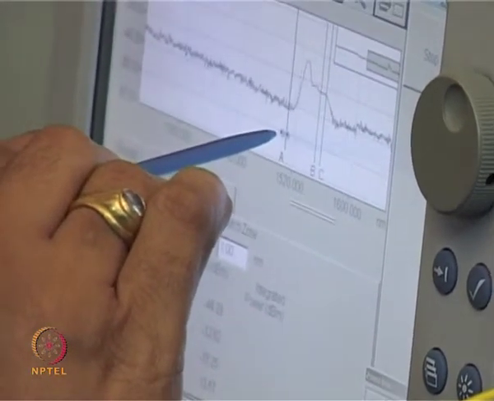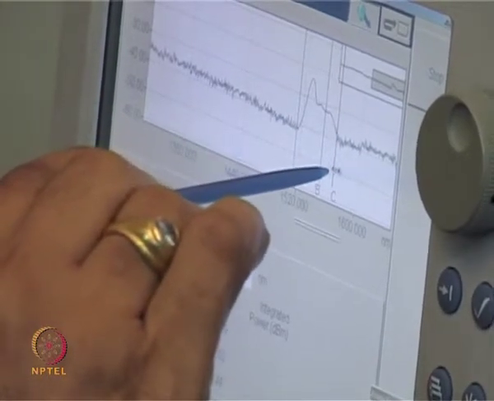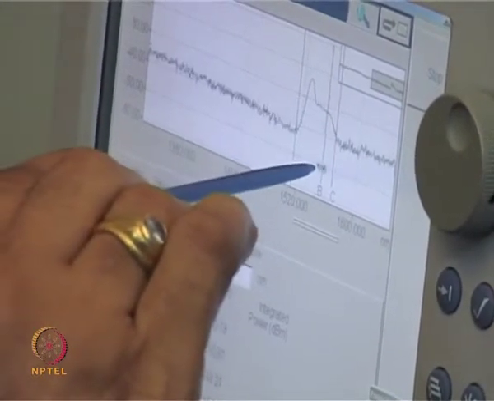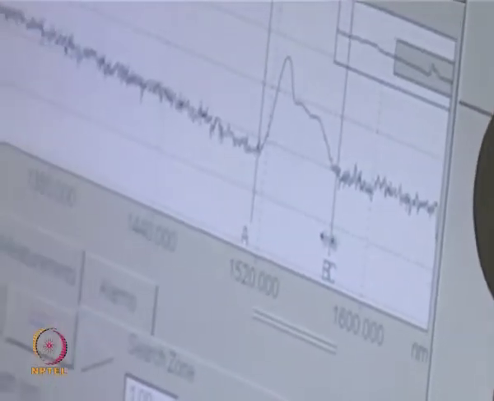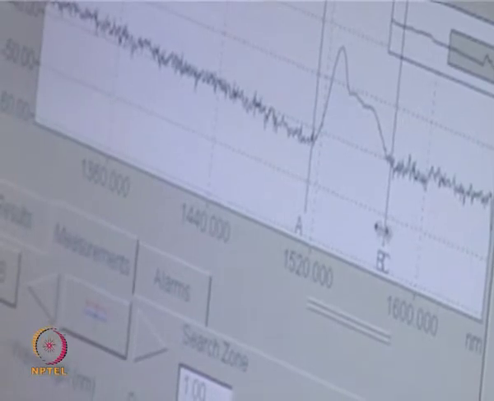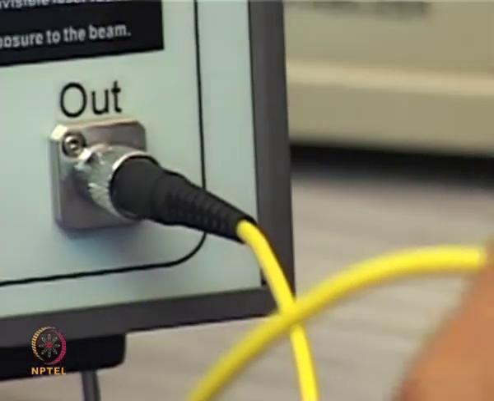When the EDFA is switched on, the screen shows the spectrum of an EDFA. The markers A and B, C show the spectrum range of the EDFA.